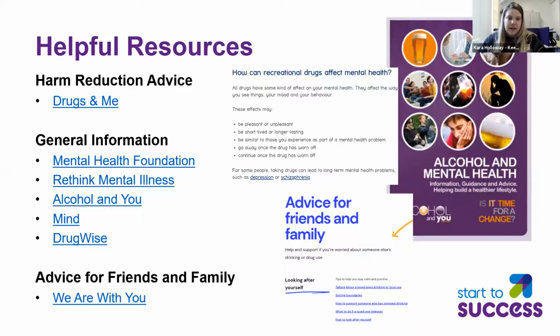Perfect. So on this slide, you'll all receive a copy of these slides, so you'll be able to click through to the various resources that I've tagged here, but there's loads of great resources out there. This is just a snapshot of what I've presented. So some really great harm reduction advice on drugs and me. There's some general information on loads of different websites, including Mental Health Foundation, Rethink Mental Illness, Mind, DrugWise. And then, as I mentioned, if we do find that there are friends and family that are looking for support, We Are With You is a particularly good example of ways that those people can get support